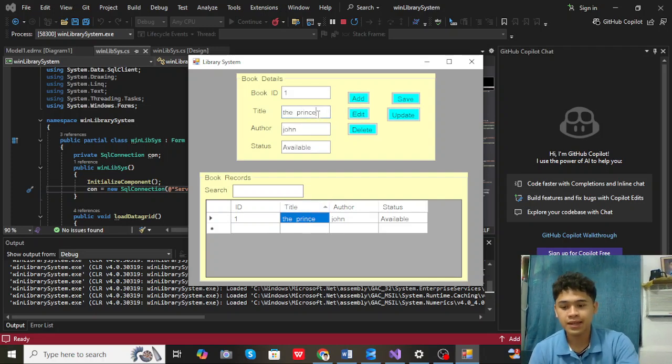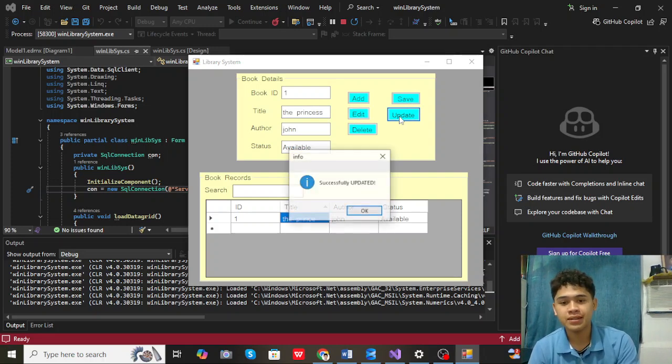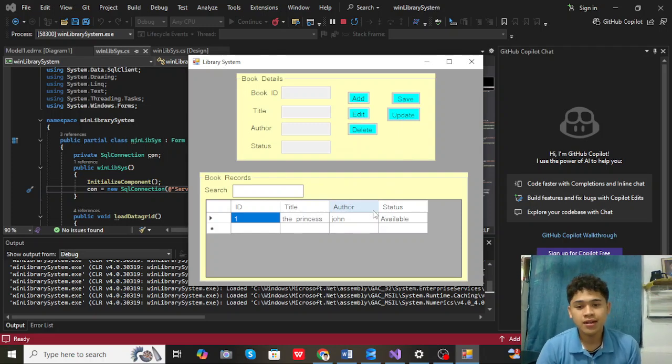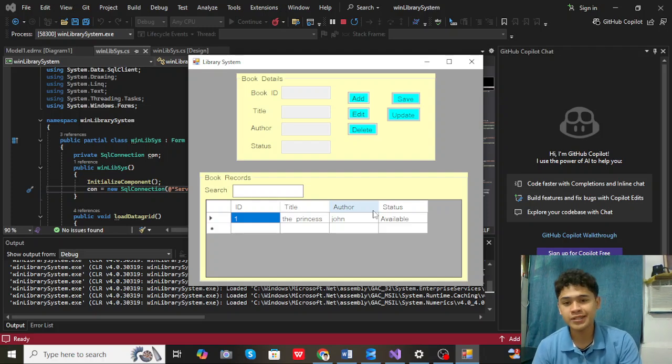Click edit, and let's add double S and edit, and we need to click update if we want to update. Yes, as you can see there, it was changed from the Prince to the Princess.